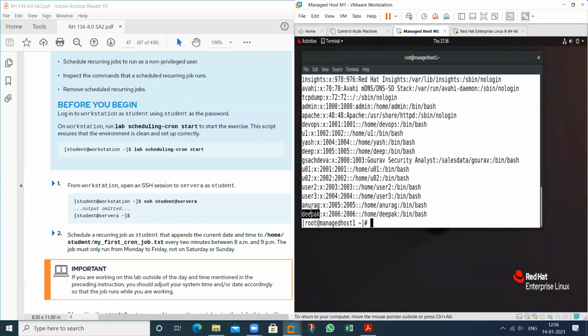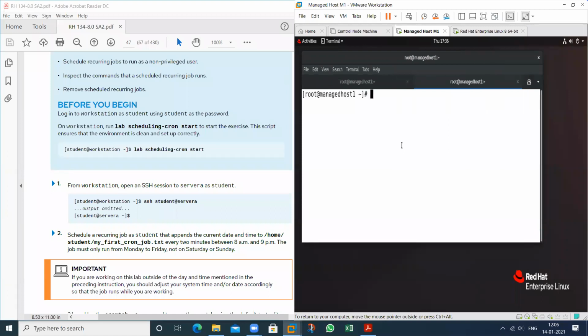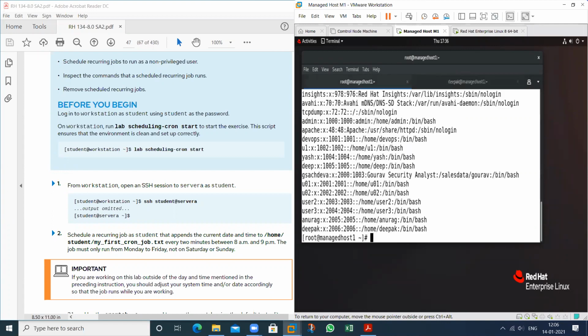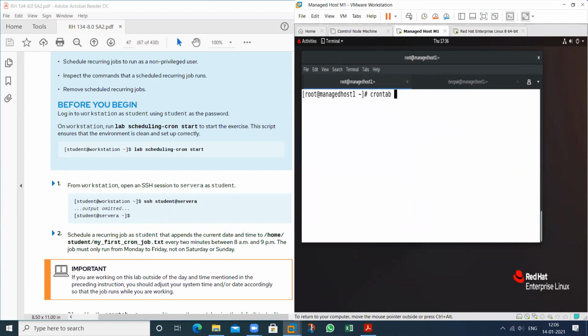I have a user, the username is Deepak, and I want to restrict that user from scheduling the task. su - Deepak. So crontab -e, not e, it's vim /etc/cron.d/cron.deny, open this file, then provide the entry Deepak.